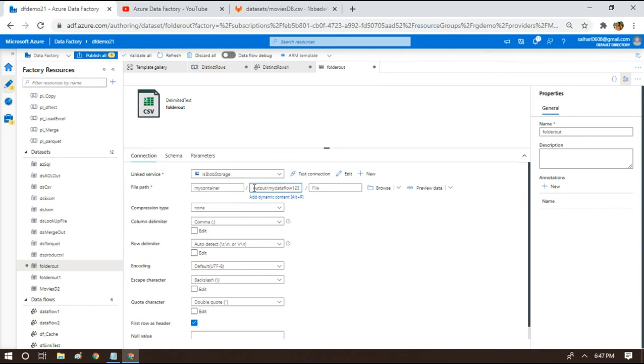One thing about the folder name is if it's not present, it's going to create it for you, the innermost folders, for example, my data flow 1 to 3 partition or whatever it is. If it is not present, it's going to create it. But the root folder you have to create by yourself. So just make sure the structure is properly set in the blob storage path in the Azure portal for you to start using the templates.